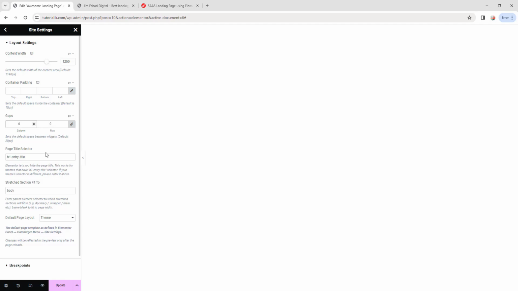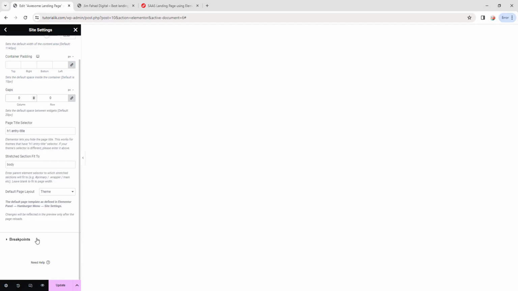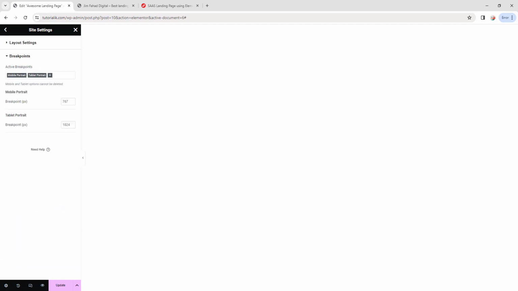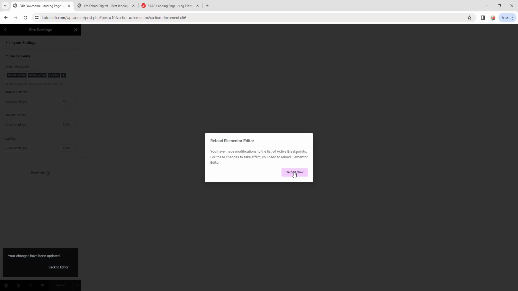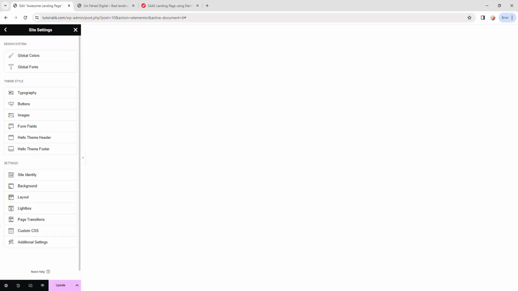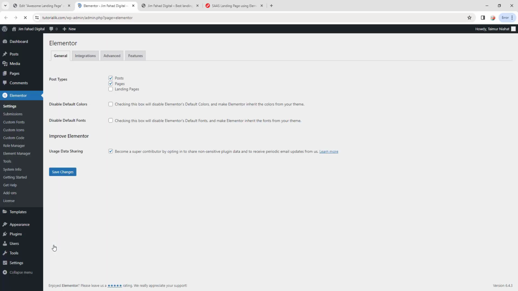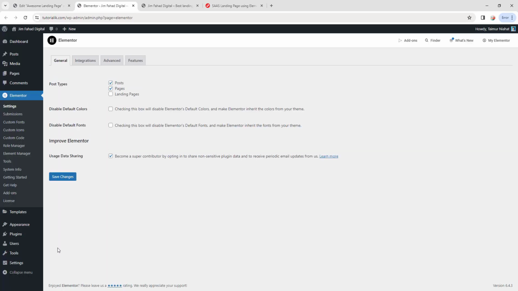Then here we're gonna do one last thing. Here we have breakpoints. Let's click on these breakpoints and it will open this. Now we have mobile and tablet for our responsive mode. Now let's add one more thing, which is the laptop, and then click on update. Then finally click on this additional settings from here, and it will take you to the dashboard and in the